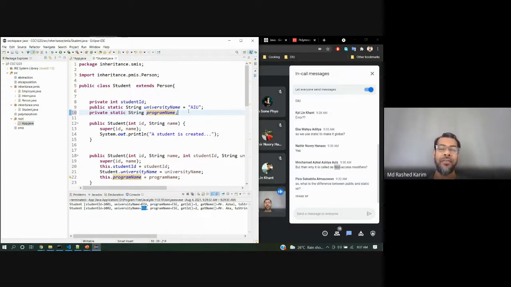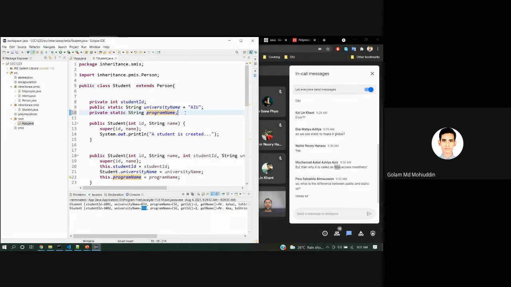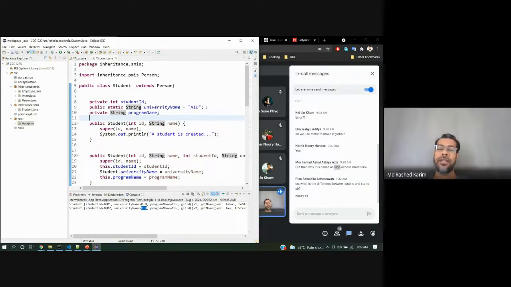But what is the benefit of this declaration? Here we declare AIU, but when we display, we call DIU. So why would we declare AIU or any name here? You can initialize any variable with any value, isn't it? Then you can change it anytime if you require.